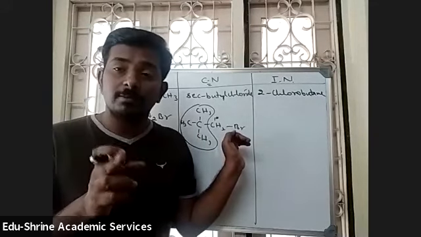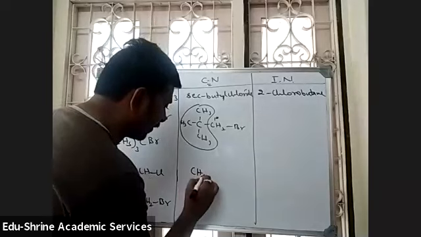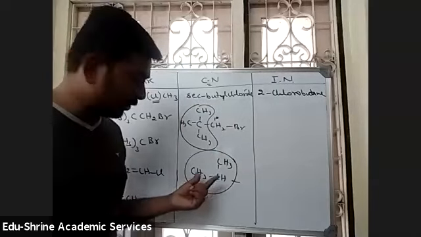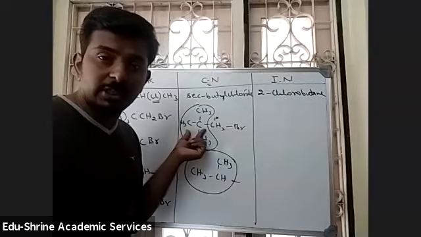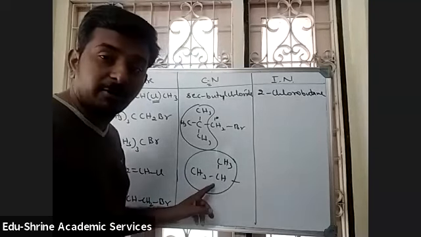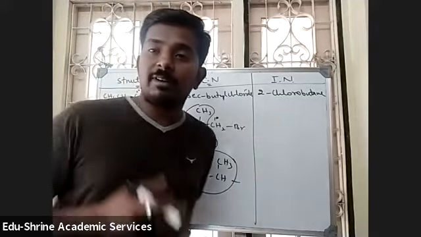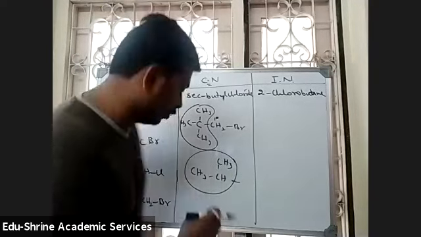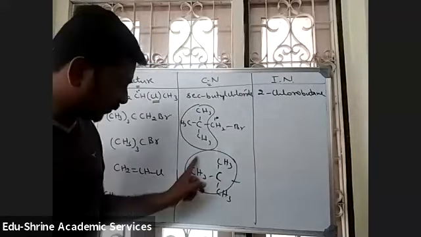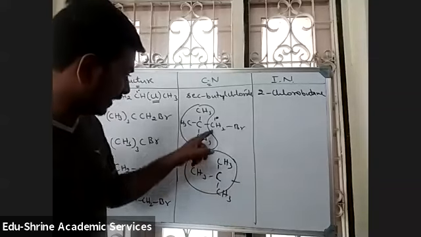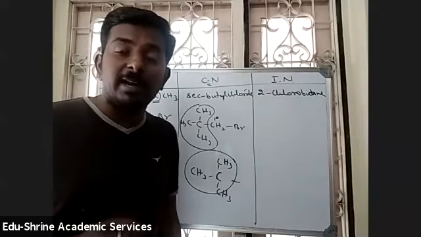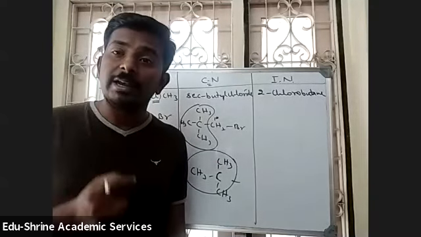No. Because for isopentyl, this group must definitely be present. This is not there. So it cannot be called as iso also. So the name that is possible for 5 carbon atoms is neo. For neo, this group must definitely be present. Whenever this group is present, then only it is called neo. So here there is this group present, no? So it is called as neo. So what will be the common name of this? Neopentyl bromide.